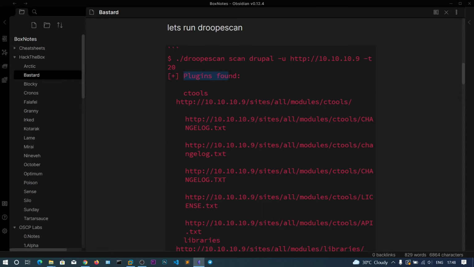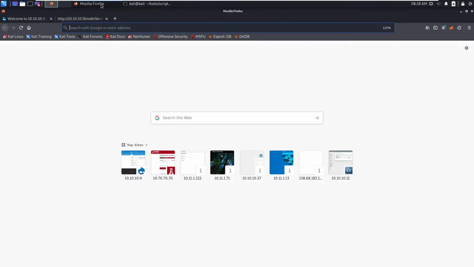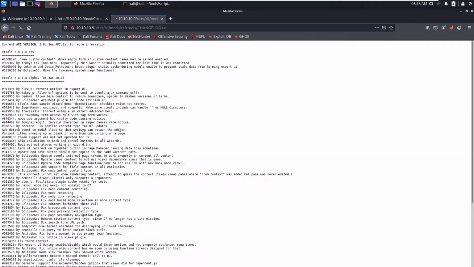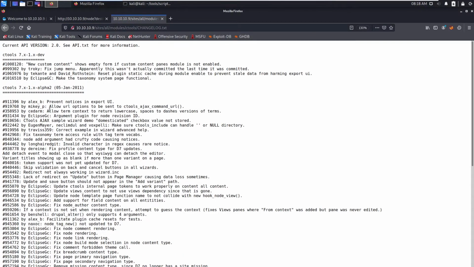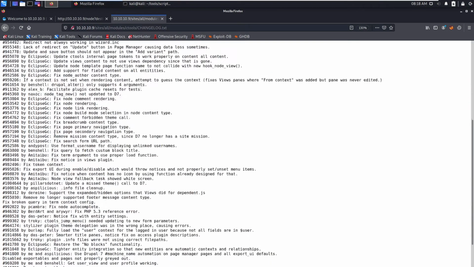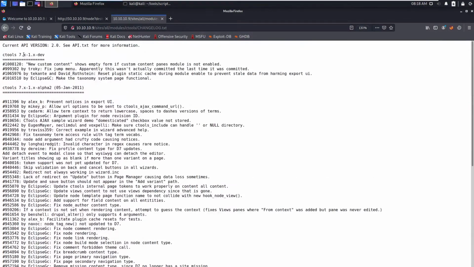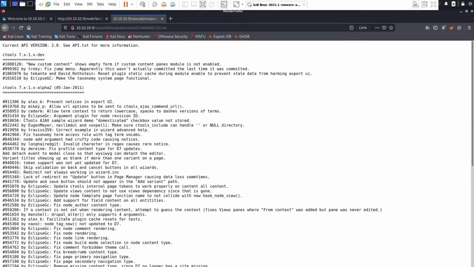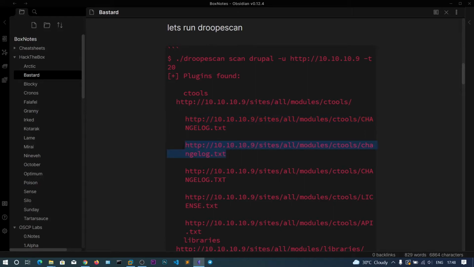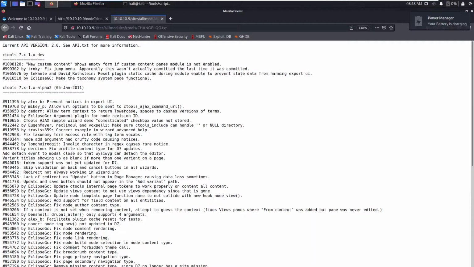So plugins found. So you can see the changelog.txt. So this is the changelog. Let's go into this to see any information. So we don't find any juicy information. So let's go to this changelog. I think both are the same.